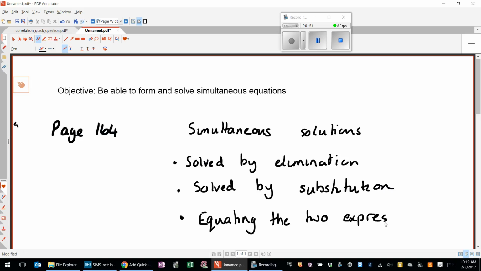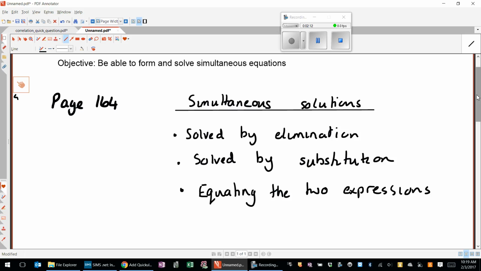So in your notes, on their own, those three things won't mean an awful lot to you, but with all the examples we've done, they should do. But we've got those methods. There is actually another method that we haven't done a lot of, but we know about, which is solving by